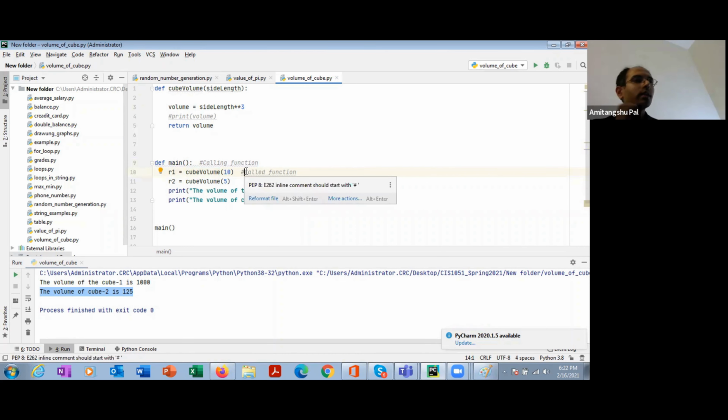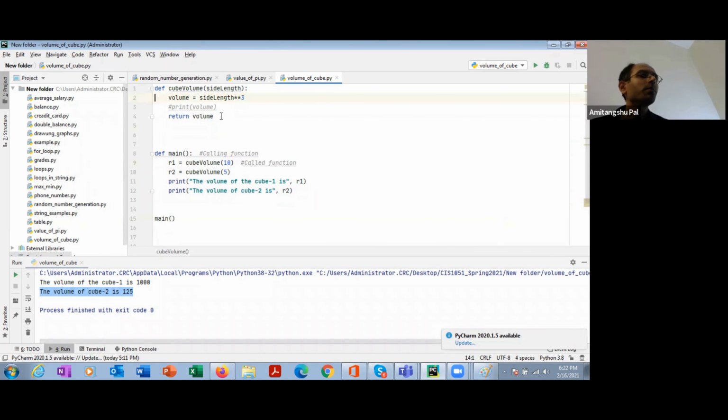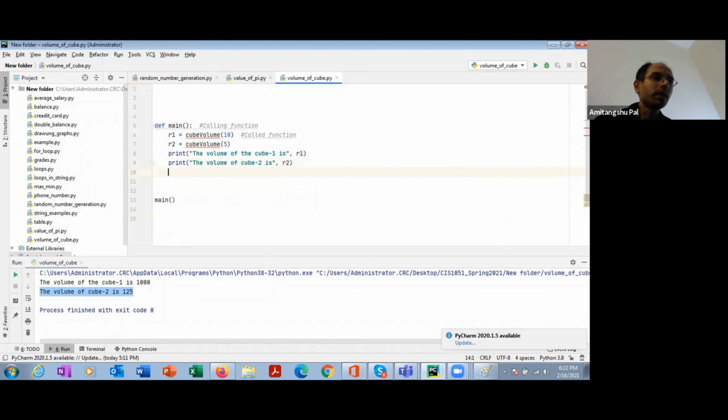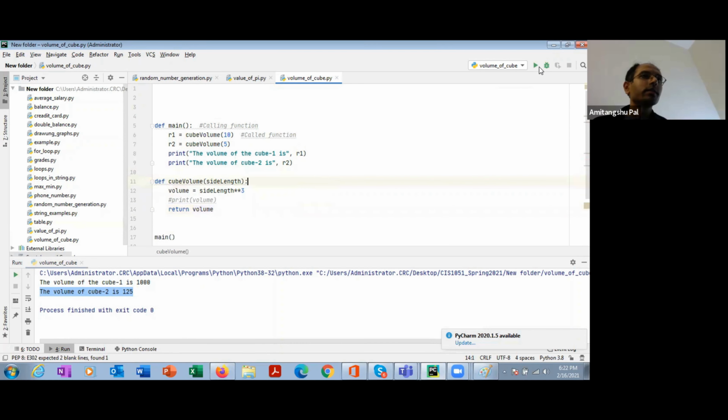Okay. Now your friend has brought up a very interesting point. Suppose I am writing the definition of cube volume after main. Just remove this line. What will happen?